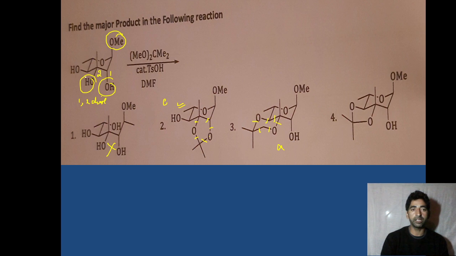Over here, a reaction has taken place between this equatorial OH and this axial bond. Reaction between equatorial and equatorial is not favorable. Therefore, reaction between these two is more favorable. Stereochemically, it is more favorable. How it is stereochemically more favorable, we'll discuss once we discuss the conformation of cyclohexane. There I'll discuss why this is not favorable and why this is favorable. So directly you can count out this is the correct answer.